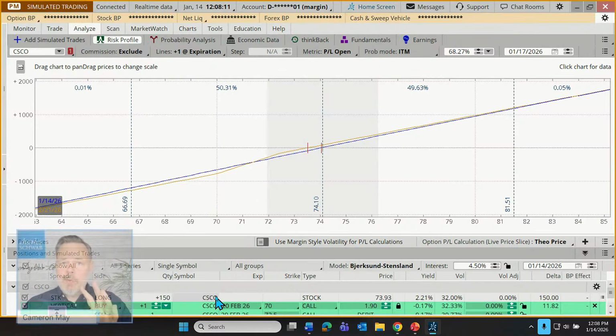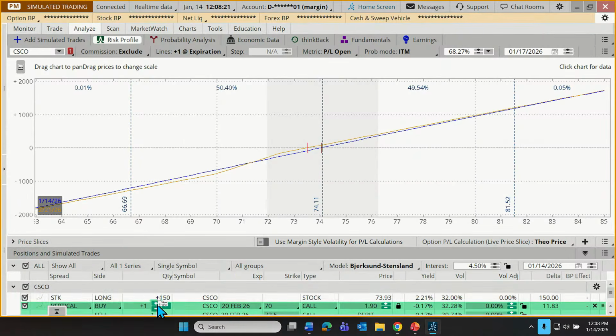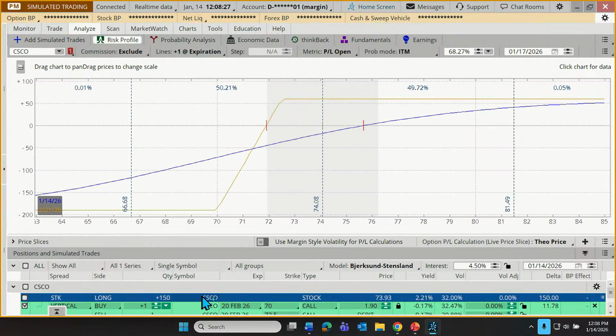So I just wanted to show this to show that if you bring up this risk profile tool and it doesn't look like what we expected, check down at the bottom, make sure there aren't other positions cluttering up the view here. So I'm actually going to uncheck the box for the Cisco shares. And now this is what I wanted that risk profile to look like. All right, so let's get acquainted with this risk profile tool.